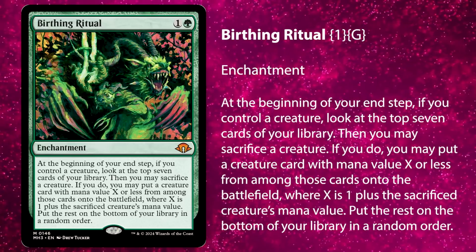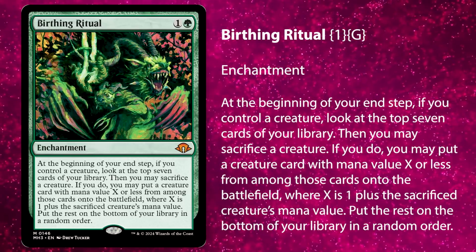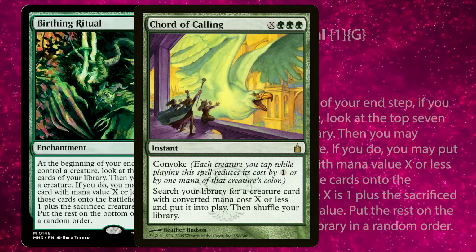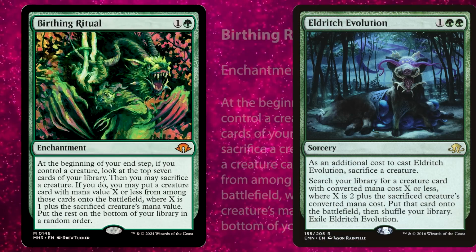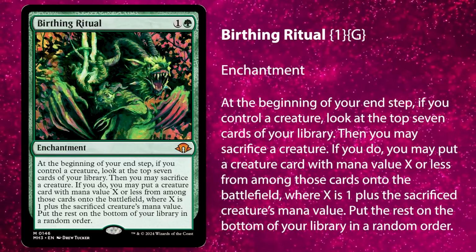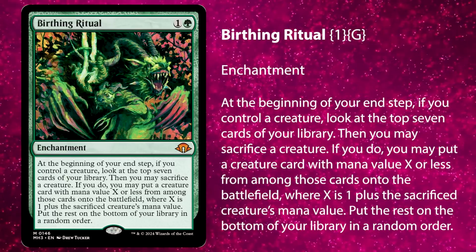This enchantment allows you to dig for specific threats or answers depending on the game state, so it serves a similar role to the other creature tutors that are in the deck, specifically Court of Calling and previously Eldritch Evolution. On the downside, this card does make the deck more susceptible to artifact and enchantment hate post-sideboard. Cards like Pick Your Poison, Force of Vigor, and Haywire Mite will have more targets now